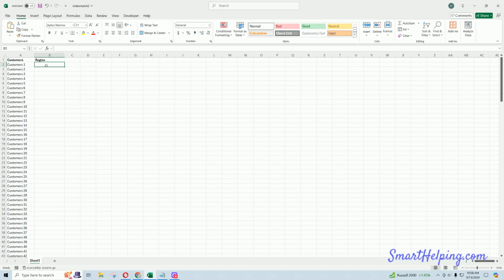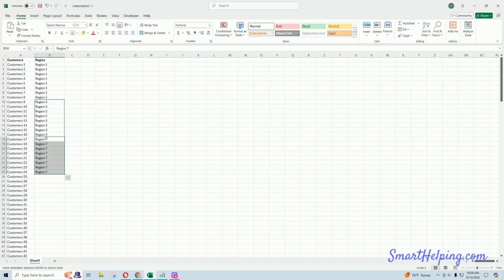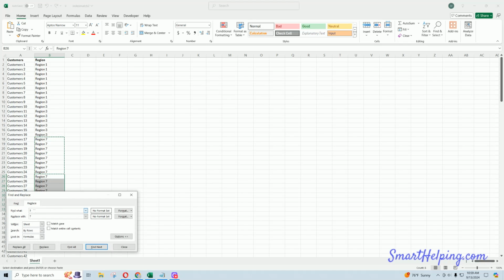So this could be region 1. These customers are in region 1, 2, 3, 4, up to 8, and then we could just do, well, no, how do I do this the quickest? Like these are in 1. Let's say these are in 3. Let's just do this. So we'll replace 3 with 5, 7, and then you get the idea. We'll do a couple more. 7 with 12,